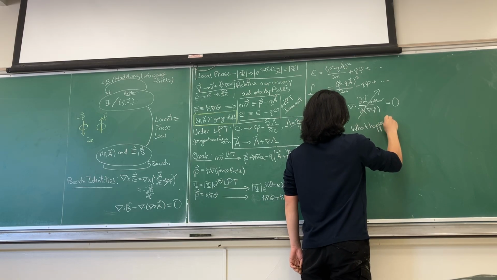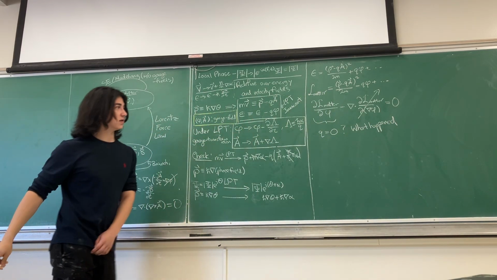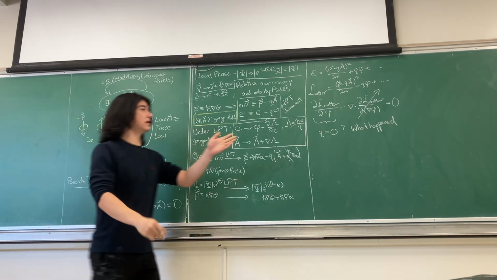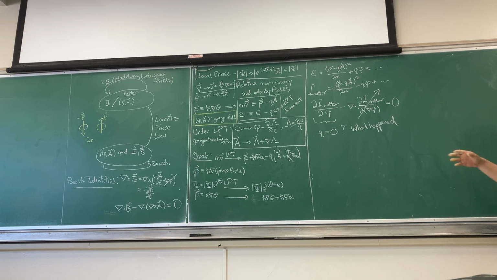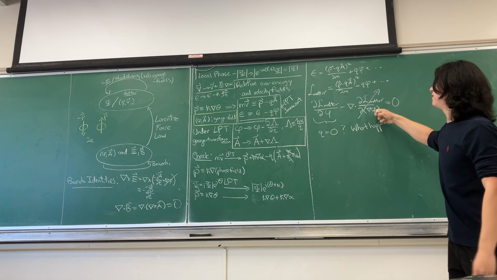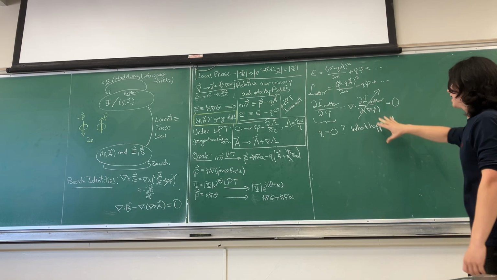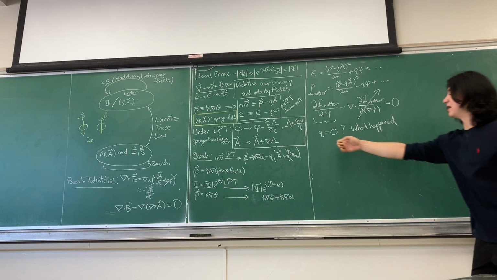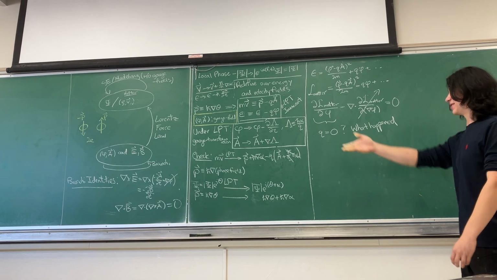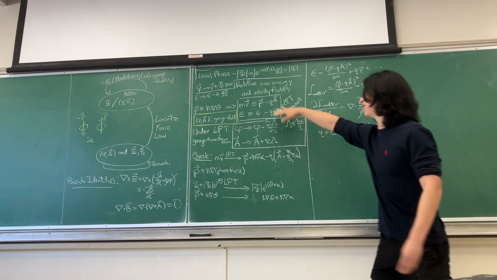And the problem that happened here is exactly that this thing is 0. We assumed that there is no energy associated with the fields. We didn't take into account some self-energy associated with the fields, and so that made this go to 0. And that means that we should say that there is no charge, which kind of defeats the point, right? It says q is 0, so all of this is 0,